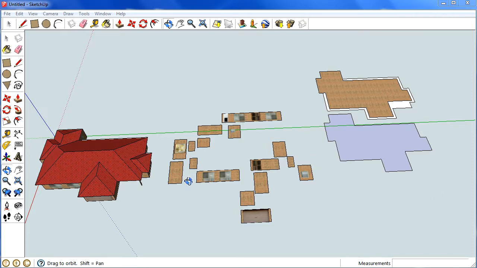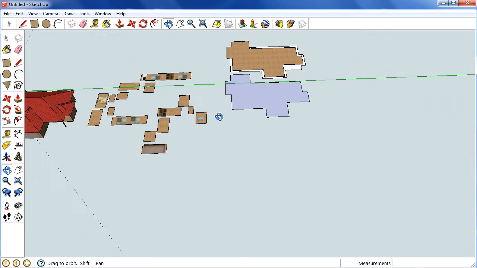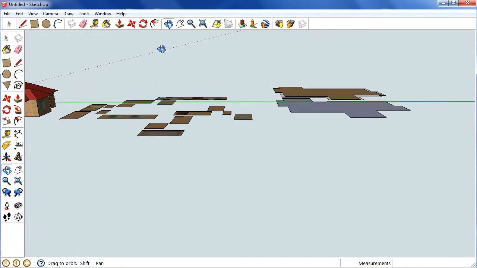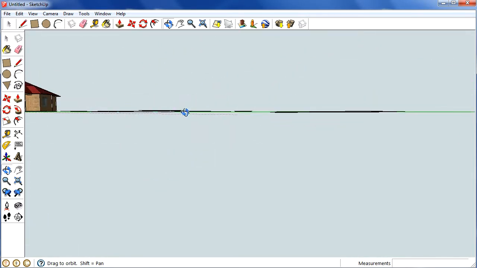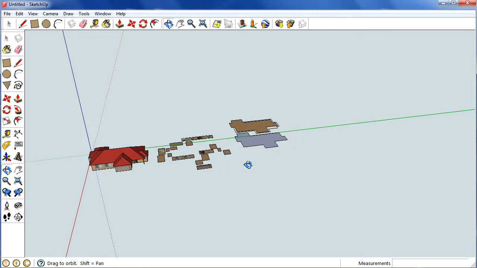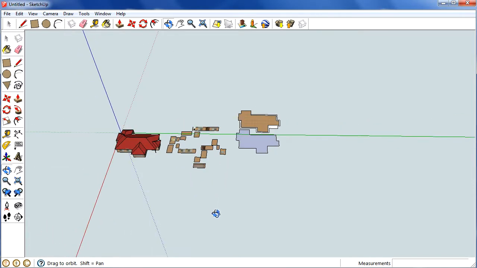Okay, so now that you've laid all your components flat, just before we do the roof, it's not a bad idea to have a bit of a clean up. Now, as I was mentioning before, sometimes you get different layers, different little planes that they're sitting on. So just to make sure they are all sitting on the same